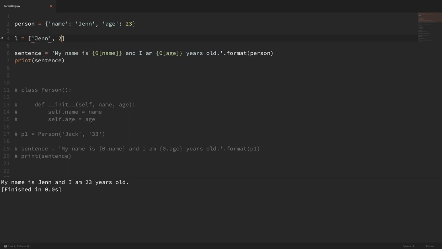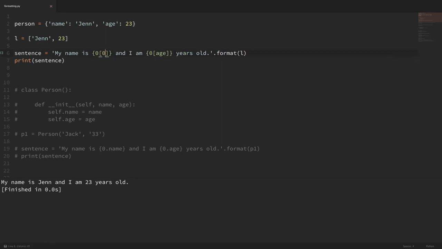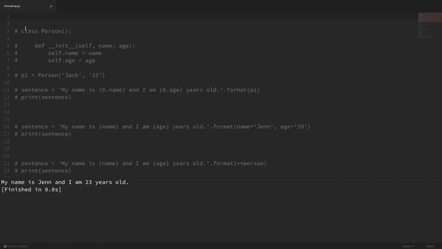So I'm going to do Jen and 23, and here I'm going to pass in that list, and now instead of name I'm going to grab the first index there and then the next index and save that and run it, and you can see that that works also. Okay, so that is how you access values from dictionaries and lists, but you can also access attributes in a